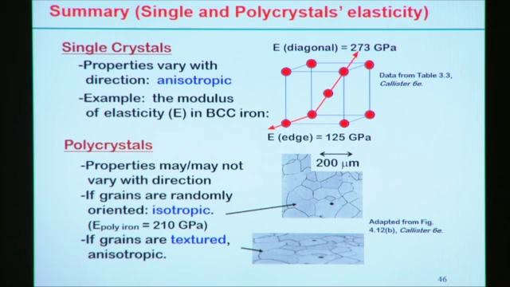But if the grains are textured, then the mechanical properties may be stronger in a specific direction as compared to the other directions. So in summary, depending upon the application, whether we need to use elastic properties for the anisotropic case or the isotropic case,